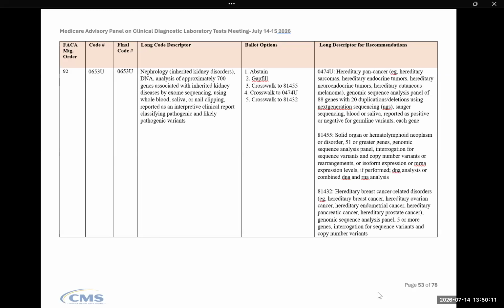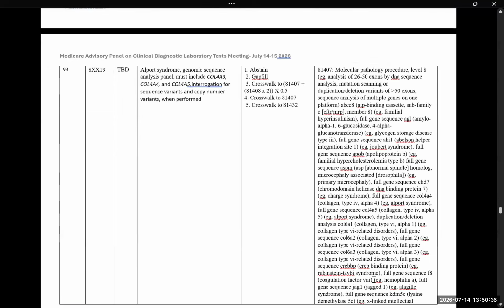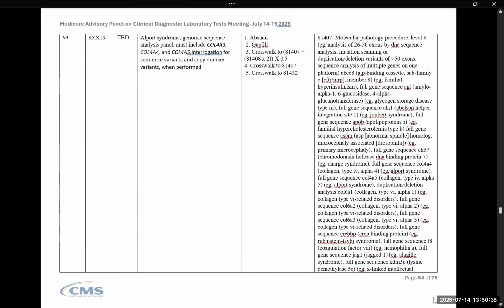Do we have any questions or comments from the panel or CMS on this code? All right, panel members, please vote. Okay. All right, next up is a category 1 hereditary code,